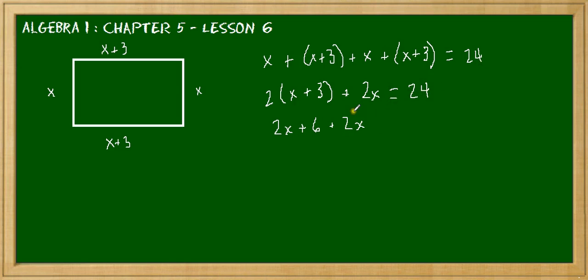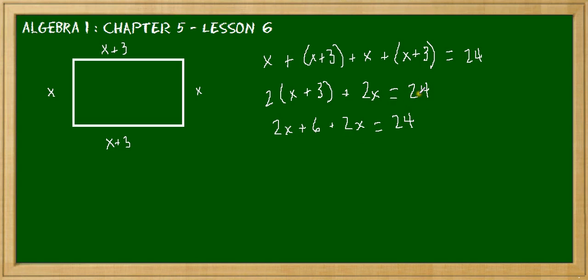So we're trying to determine what the x value is, because once we determine the x value, we would know what the length and width are. We would know exactly what this is. We would put the x value in and add 3. In this case, we would just simply have the x value. So, when we created this equation, we're stating that 2 times x plus 3 and 2 times x is equal to